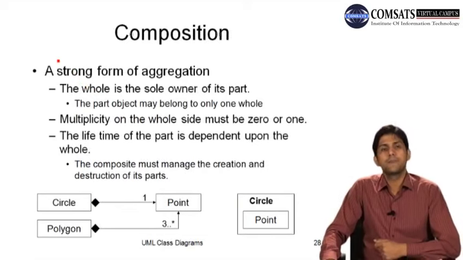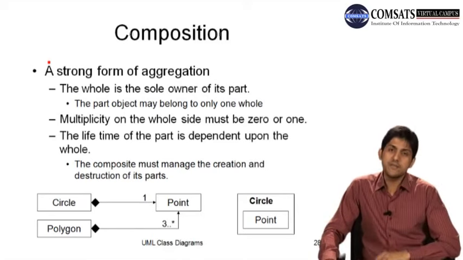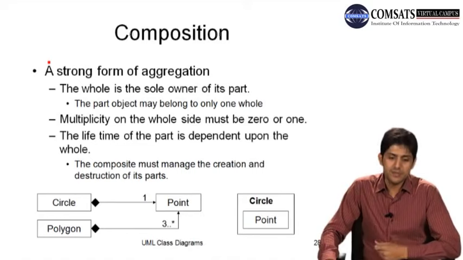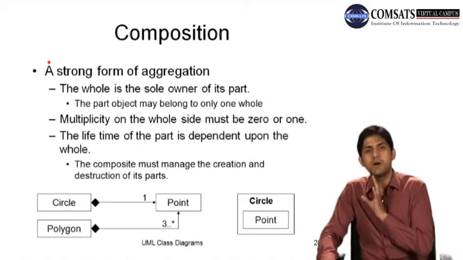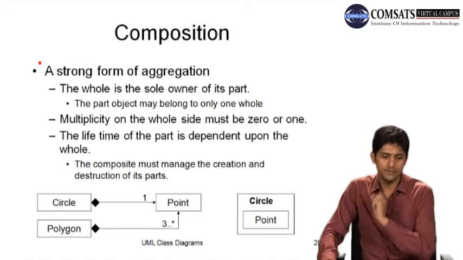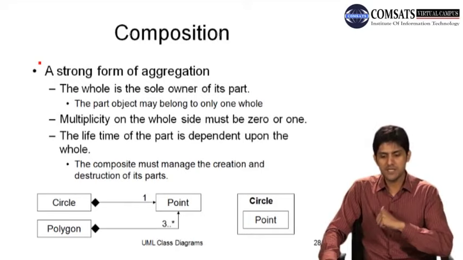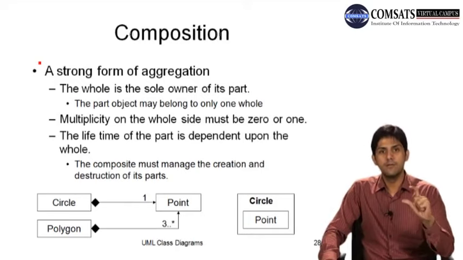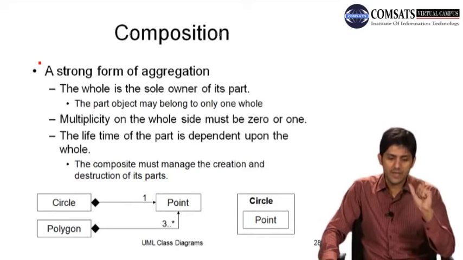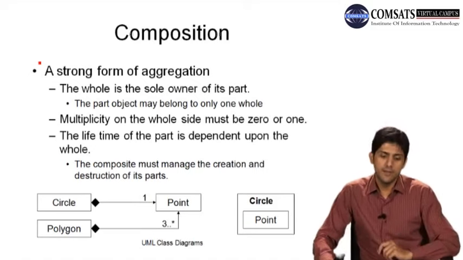ओके जी, then we have another type of association which we call composition, ठीक है। This is a strong form of aggregation, ठीक है। What do we do in composition? The whole is the sole owner of its part. The part object may belong to only one whole, ठीक है। Multiplicity on the whole side, ठीक है, must be 0 or 1, ठीक है। The lifetime of the part is dependent upon the whole। अच्छा, this is interesting कि